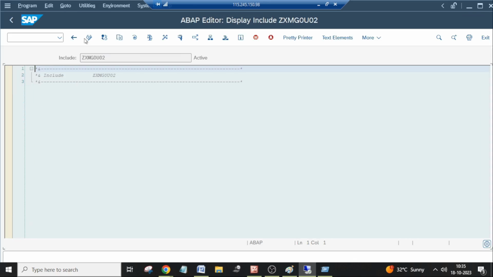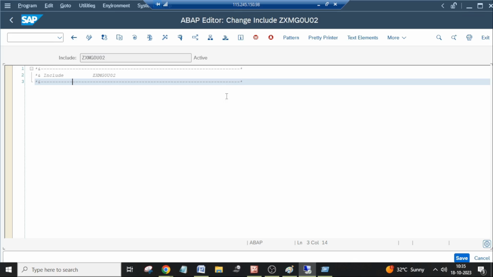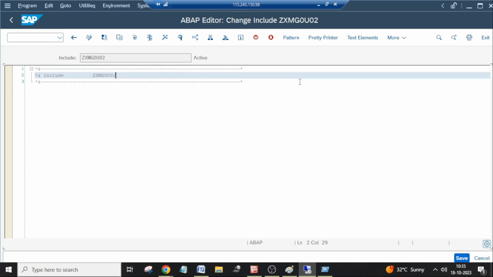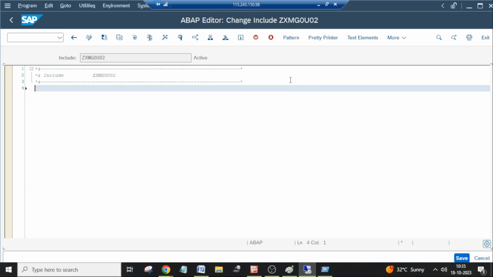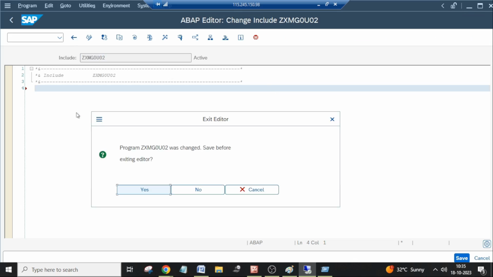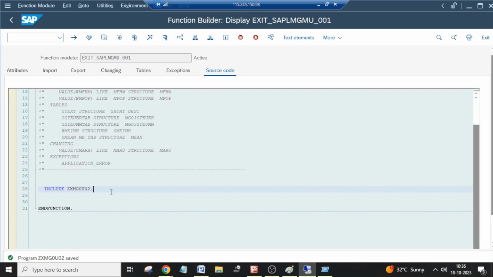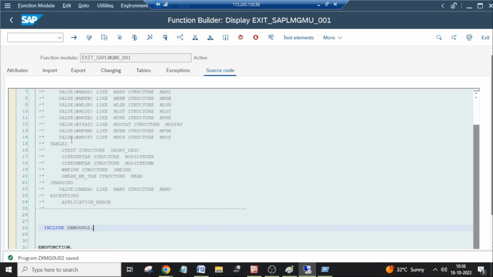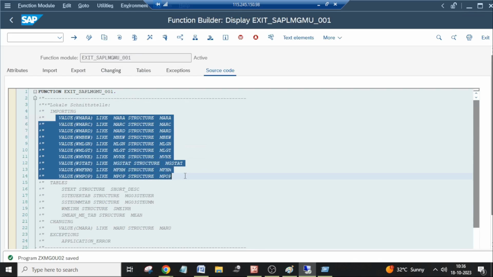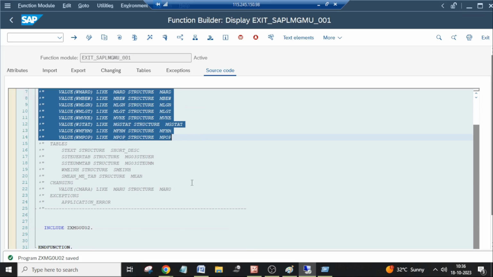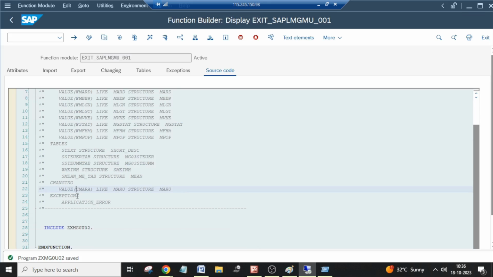Double click on the include program. Write your logic. What is your logic? We need to validate the combination of material type and industry sector, right? How can you validate that? What is our input here? Where is this include program? This include program is called inside a function module. So what is our input here? Whatever importing parameters are available in the function module, you can use all importing parameters and tables, exporting parameters inside